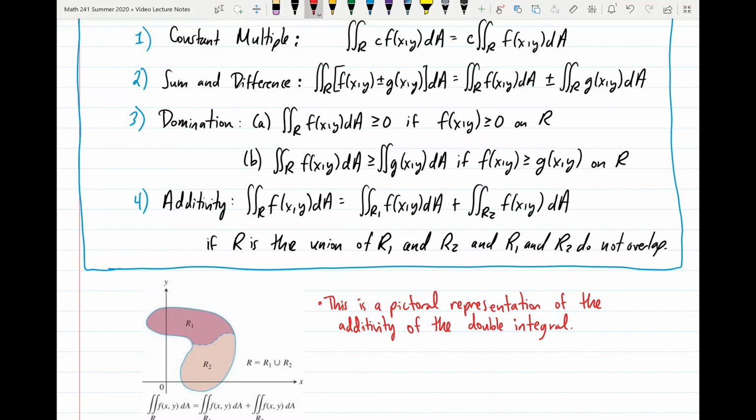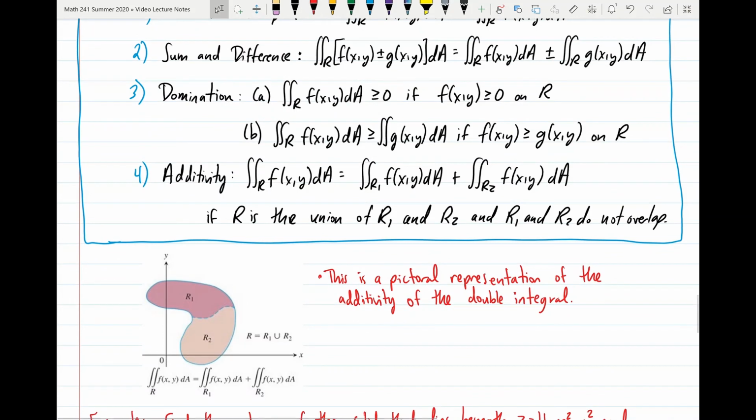But if you have a function f of xy and it's greater than or equal to 0 on that whole region R, then the double integral of f of xy over the region has to be greater than or equal to 0. And then we also have the second property for domination, which just says that if you have two